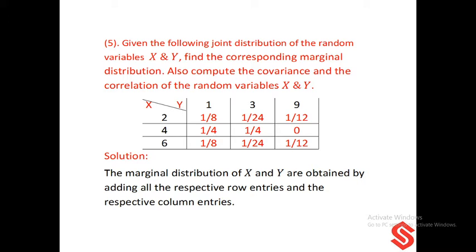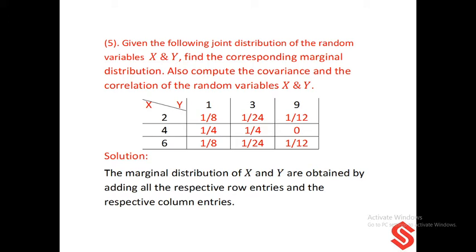Fifth problem. Given the following joint distribution of the random variables x and y, find the corresponding marginal distribution. Also compute the covariance and the correlation of the random variables x and y. So given the data, values of x are 2, 4, 6 and the values of y are 1, 3, 9. The joint probabilities are given